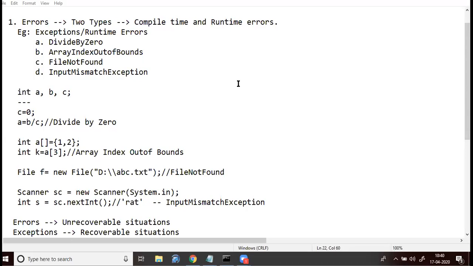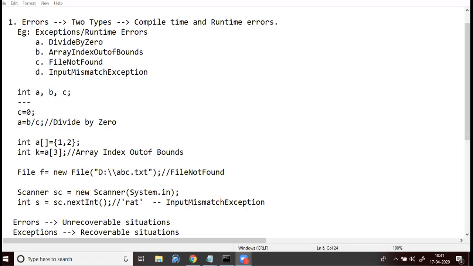What is an exception? Is anybody able to summarize, please? Am I audible or not?